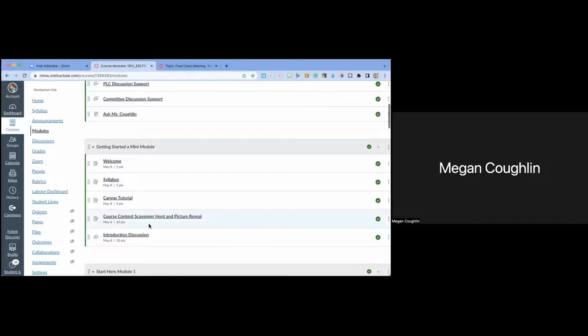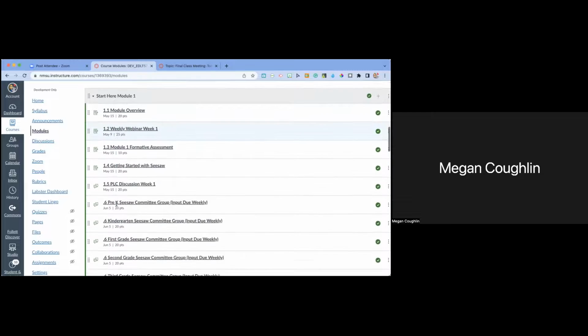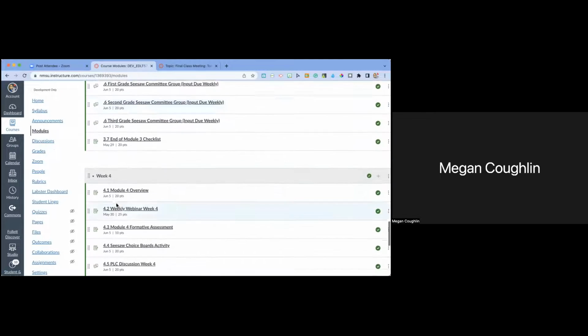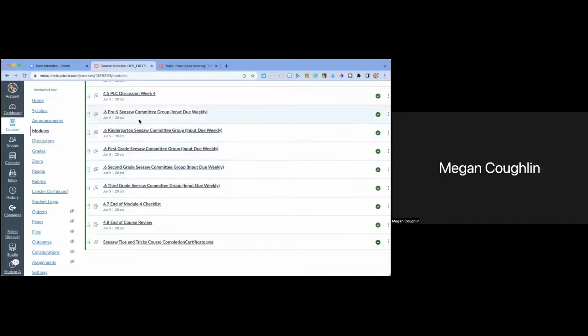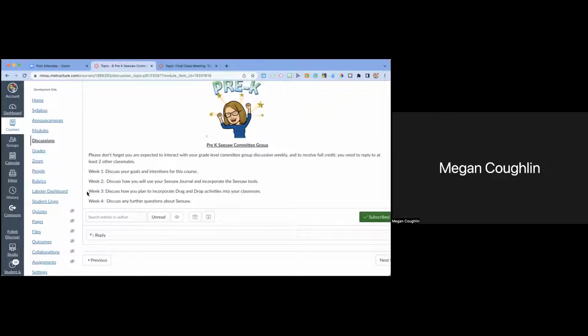Then all of my modules do follow a similar format, except for this mini module, which has a few less items. But one thing I realized through our coursework is having everything be for points was super important to me. So you'll notice that everything in my course is for some variety of points. I know it looks bulky, but some of these, I'll go down here, are across all of the modules. So each week they will contribute to this discussion. So that makes it a little less bulky.